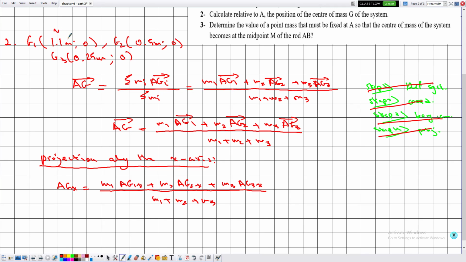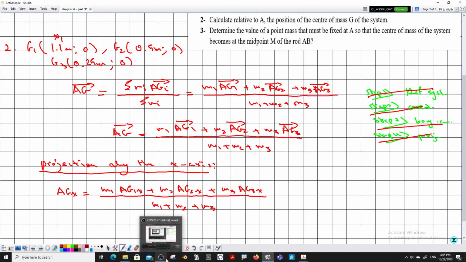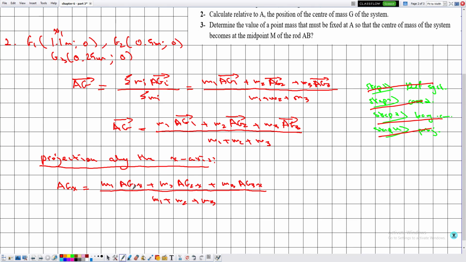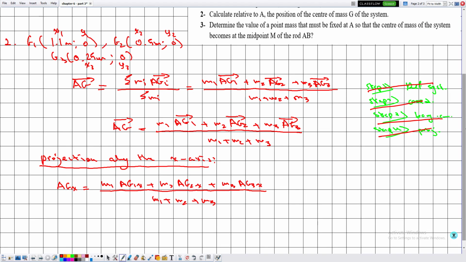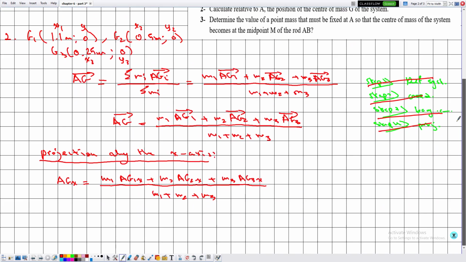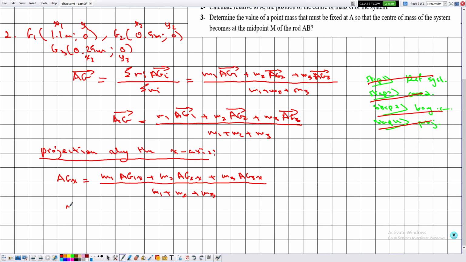And let me say that this is x. And let me say that this is x1, y1, x2, y2, and x3, y3. Okay. So notice now that we are measuring the point G, the abscissa of the point G with respect to A, but what does A represent? It represents the origin. Okay, so in this case, this can be reduced to xg is equal to m1 x1